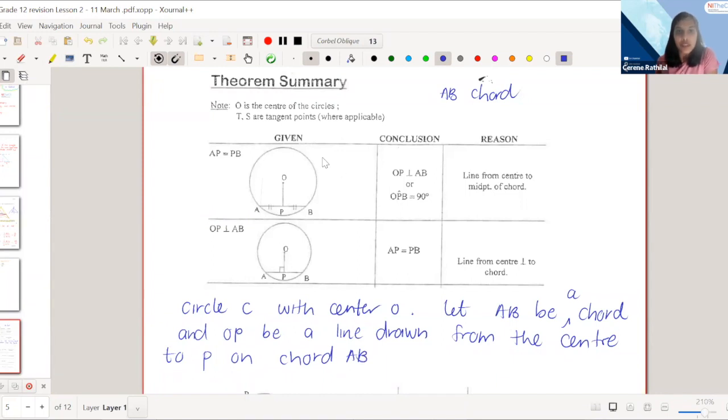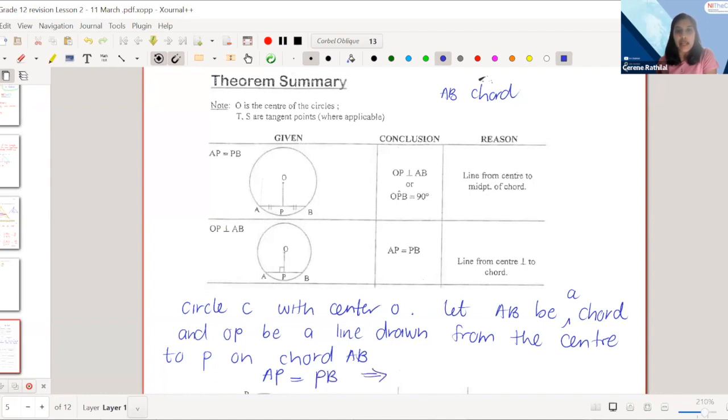So you start off with a circle, center O. You're given the chord AB, and you're given the line OP, where OP is drawn from the center to a point P on the chord AB. That is what you start off with. And you are then told that whenever AP equals PB,